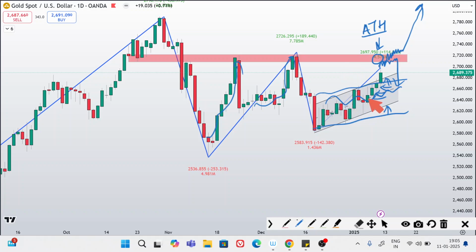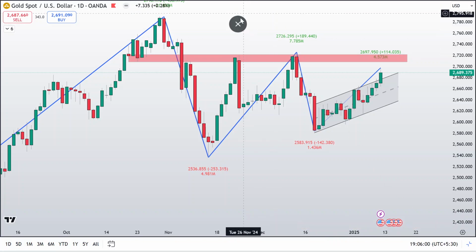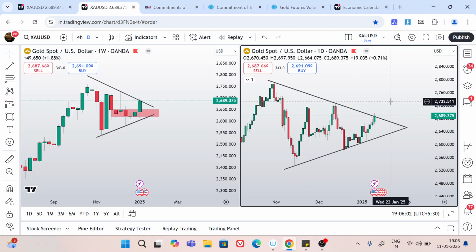But as you can see, we already have two confirmations, that is volume and open interest. Again I'm repeating, if you check the previous week analysis video, I clearly mentioned that we have to look for buy opportunities only, and gold followed that analysis perfectly. But personally, again I'm repeating, I am still looking for a retracement. And how is that possible? Now let's move on to another picture. Let me switch to this chart. This is the daily chart.